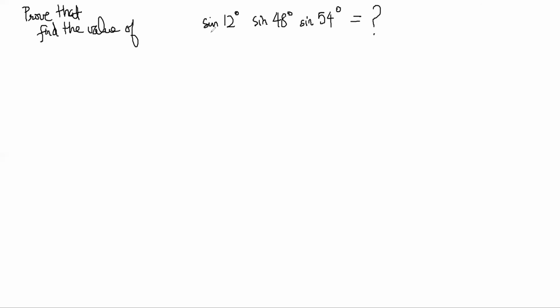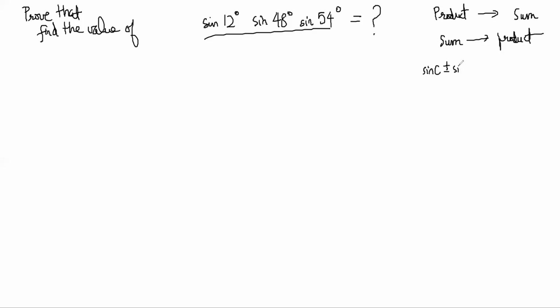So here we have a product of three sines, right? So now you might need to use some product to sum transformation. Right now so far we have seen sum to product, no? We have seen sin C plus minus sin D turning into a product of two sines. So the opposite can also be done. By that I mean if you have a product of two sines, 2 sin A sin B, that can be turned into a sum or difference, no?